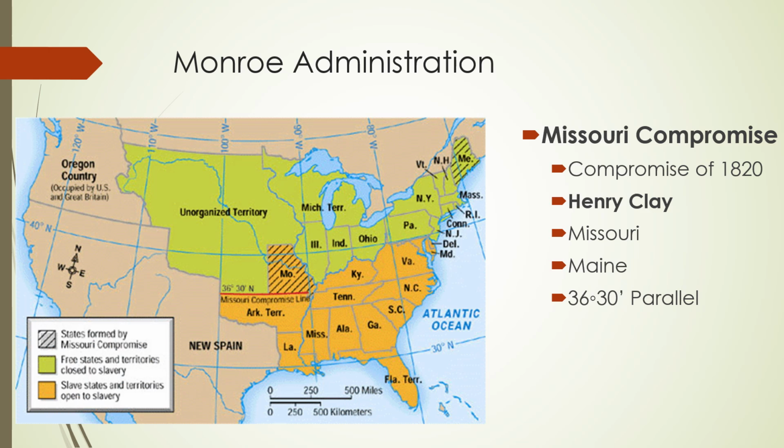The more slave states there are, the more likely the Senate would be to vote for slave state style interests. And the more free states there are, the more the Senate would be likely to vote for free state style interests, and those interests include economic policies like tariffs, right?